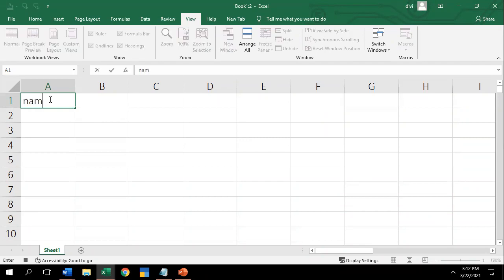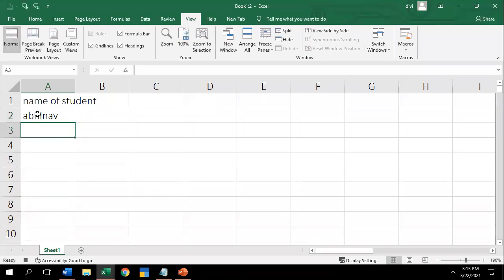I'll write the name of the student. I'll write your names. For example, student Abhinav, Chetan, Chetana sorry, Dheeraj.